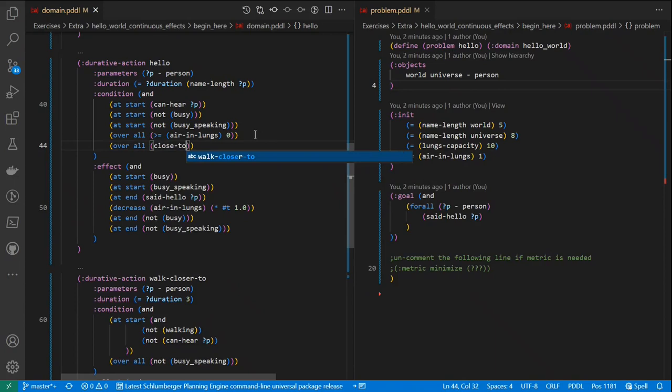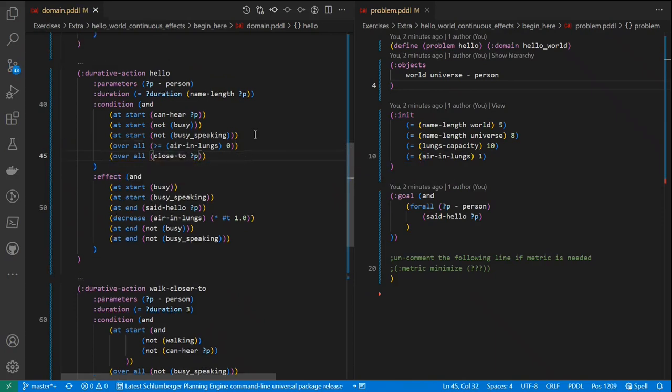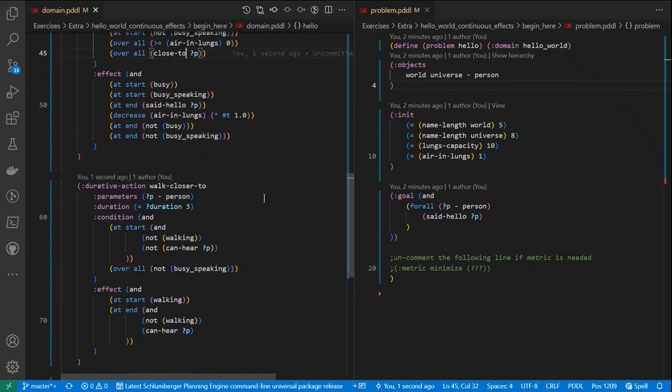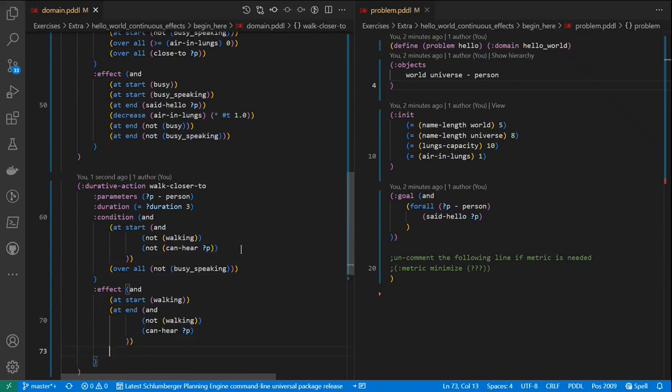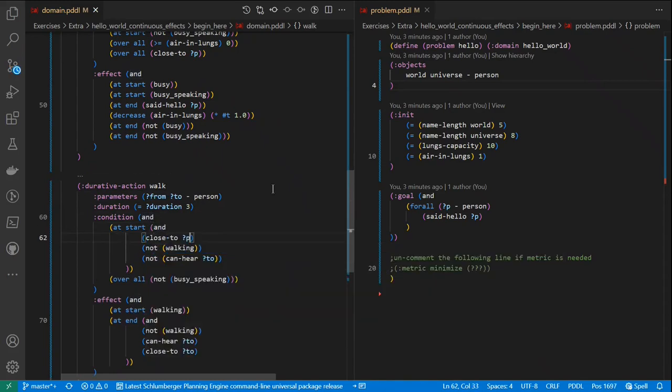to that person, right? And if you do that, close to is achieved by the effect of walk, and walk is generalized to walking to but also from, having a precondition that you are close to